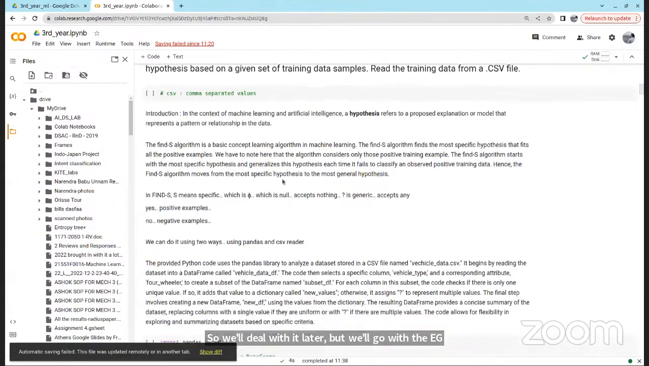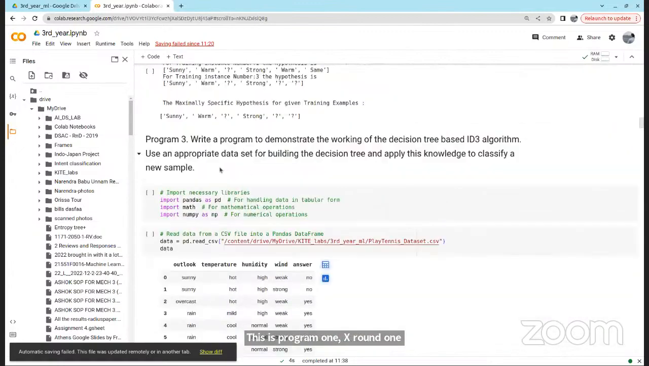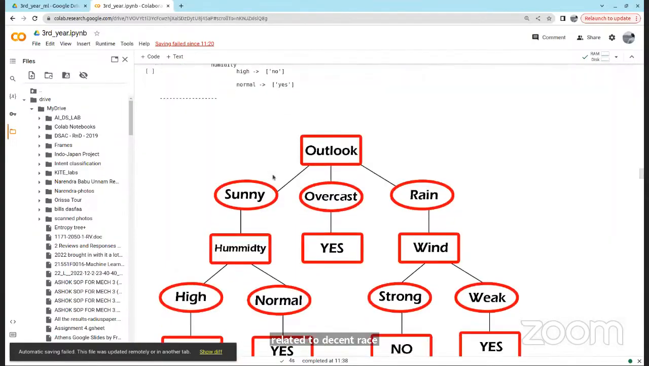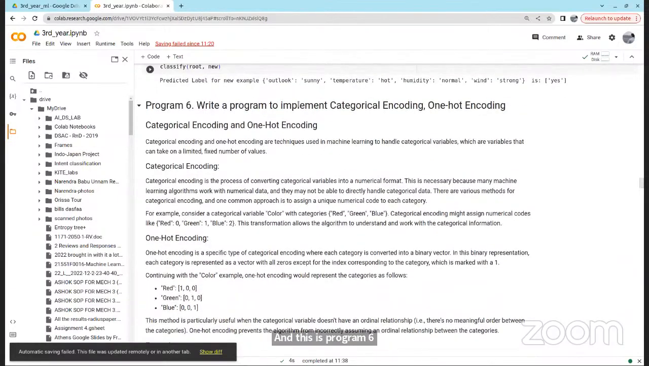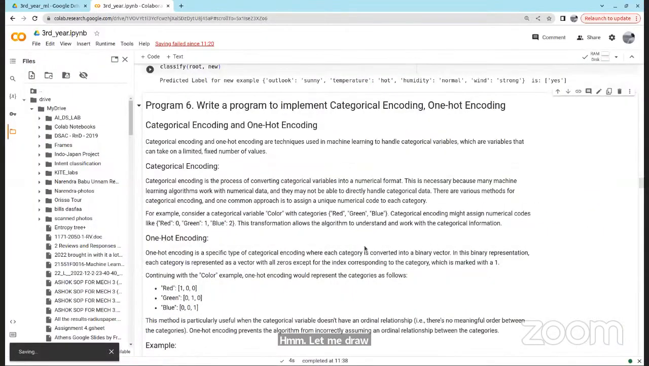This is program 1, experiment 1. This is program 3, which is related to decision trees. And this is program 6. Write a program to implement categorical encoding and one-hot encoding. So let's discuss this first. Like, we'll go through the experiments one by one. Let me close this thing. Okay, first,